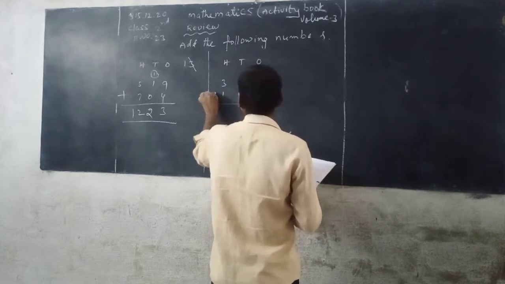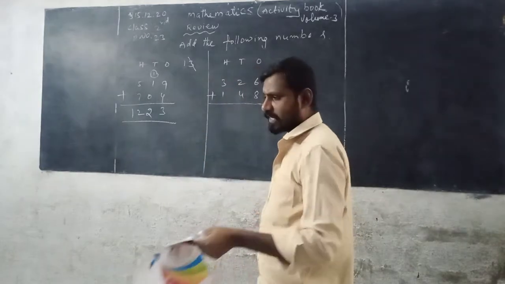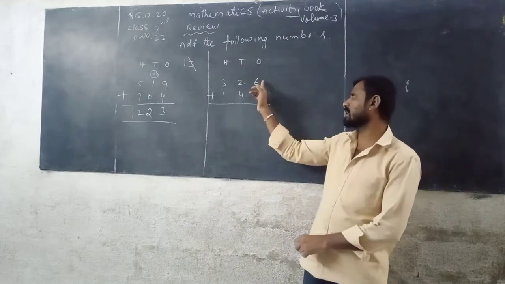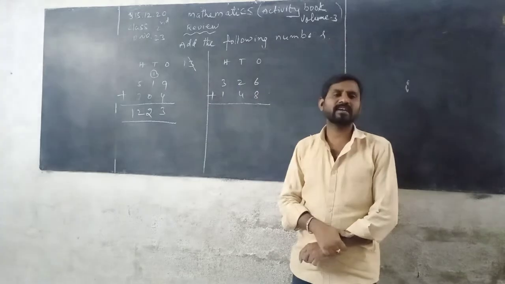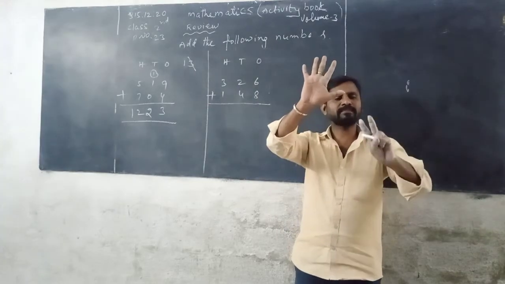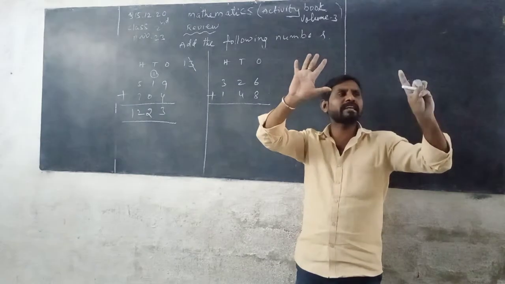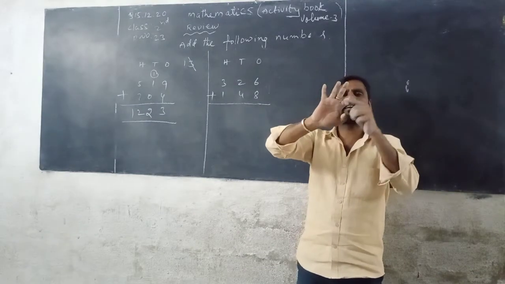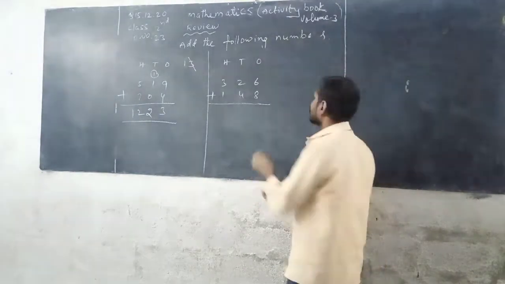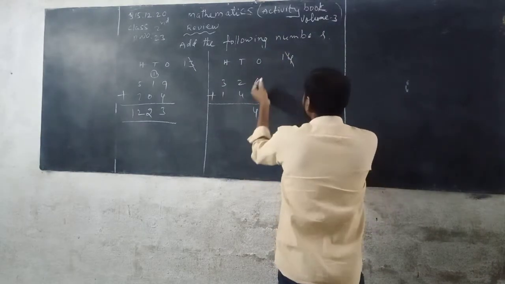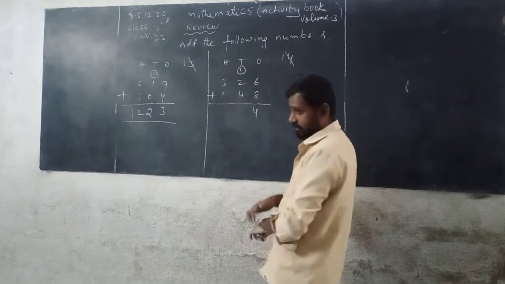148. First, add the digits in the ones place. Look at the blackboard. 6 plus 8. Keep 6 in the mind and take 8 fingers in your hand. You can count 6, after that 7, 8, 9, 10, 11, 12, 13, 14. So in it, 4 is written down in the ones column, and 1 is carried over to the tens place.